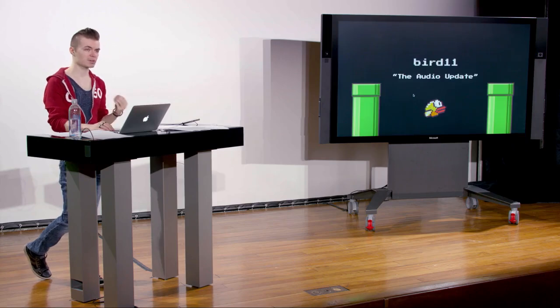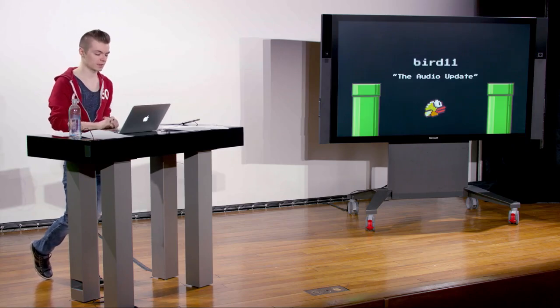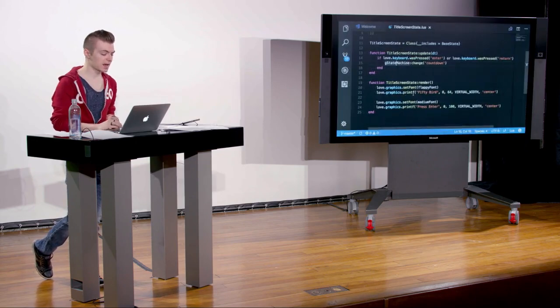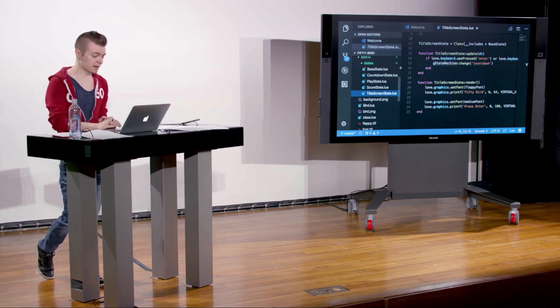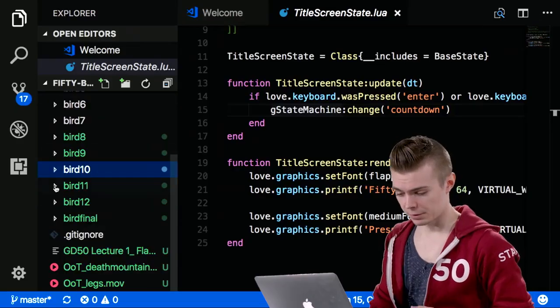Probably my favorite part of many of these examples and of this example as well is adding audio to our application, music and sound effects, which really sort of tie everything together. So we're going to take a look at this. It's very simple, very similar to what we learned last week when we did Pong. So in main.lua of bird 11, which is what we're going to look at now,